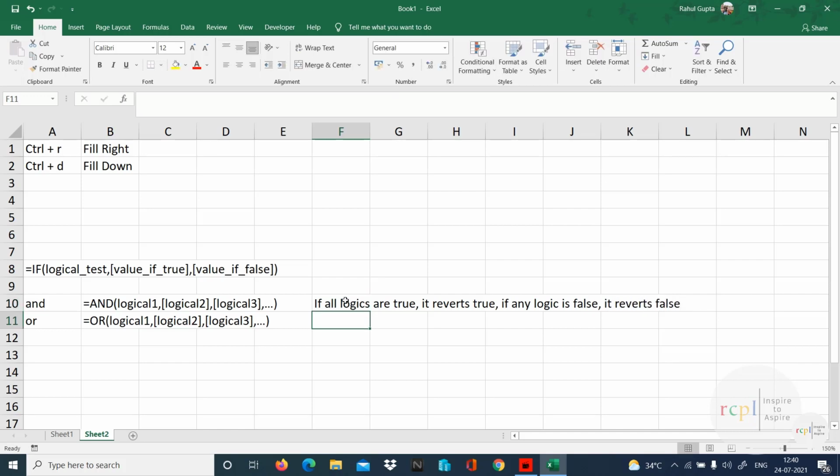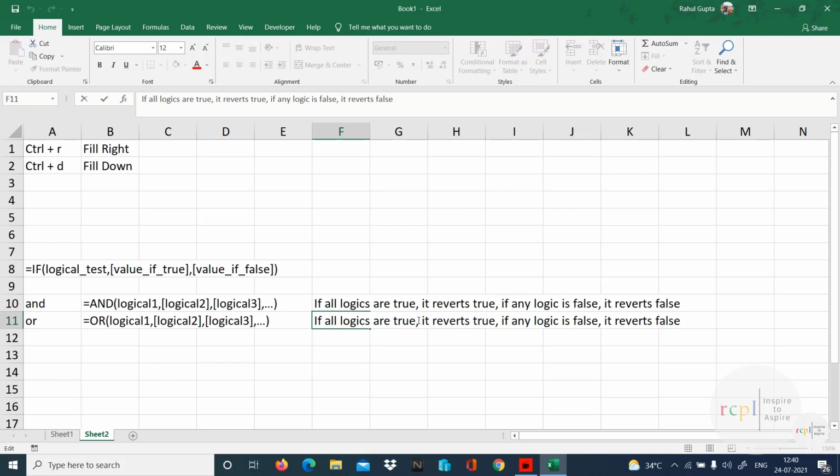Means if you are checking 10 logics and in that 10 logic 9 are true but 1 is false, you are going to get false. And OR is just the opposite of it. That if all logics are false, it reverts false. If any one logic is true, it reverts true.